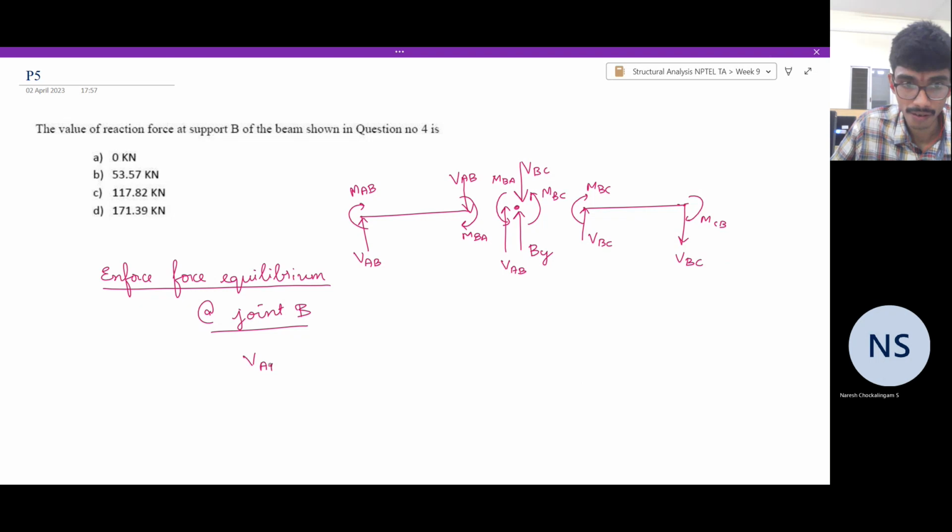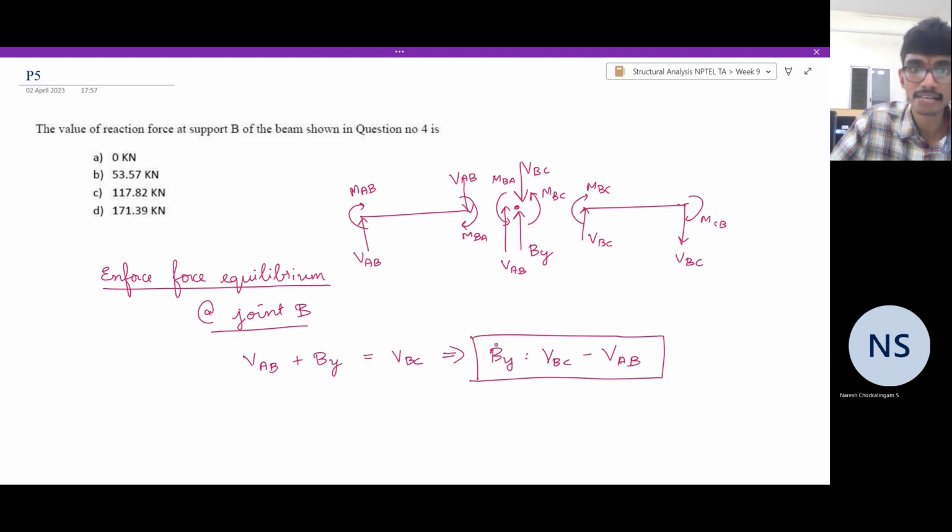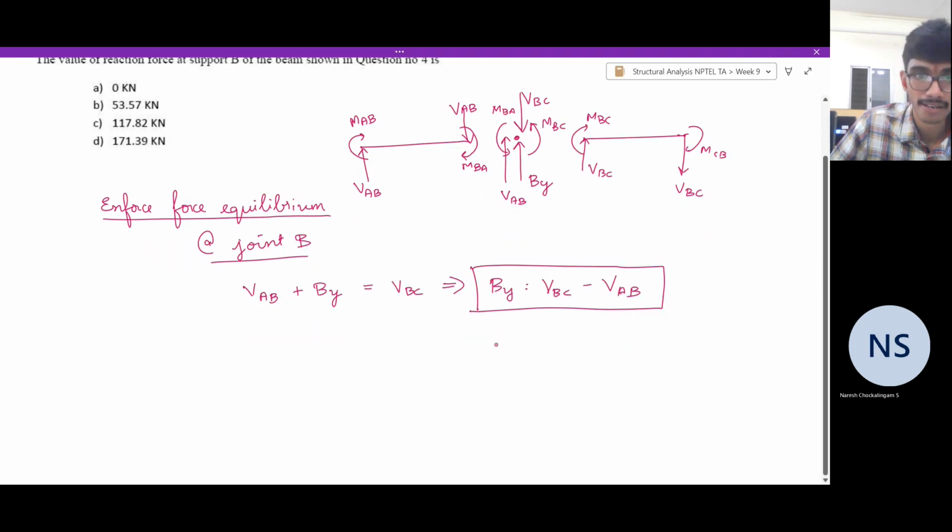So VAB plus By is equal to VBC, which implies the reaction that we want is VBC minus VAB. Now, how to determine VBC and VAB? Consider the individual spans one at a time. So, if you enforce moment equilibrium for the individual spans, you get